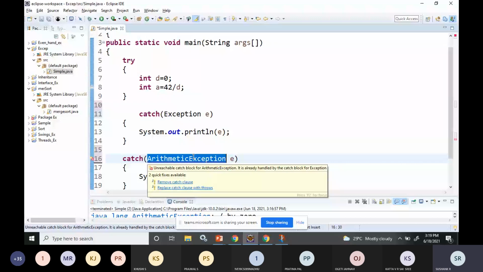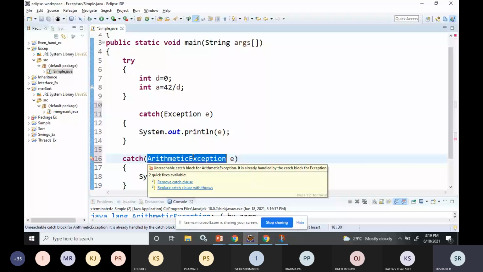If the inner try statement doesn't have the catch for that exception, then the next try statement's catch handler will be inspected, and this process will continue until one of the catch statements succeeds. If no catch statement matches, then the Java runtime system will handle the exception. So that is how it will work.